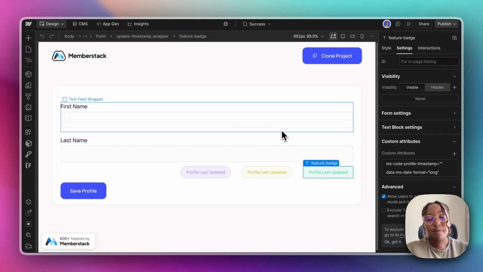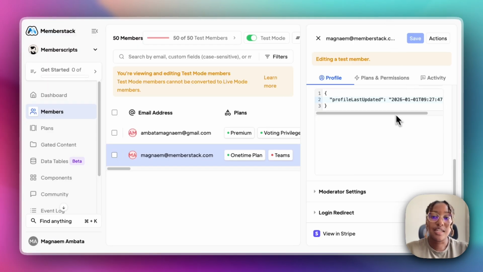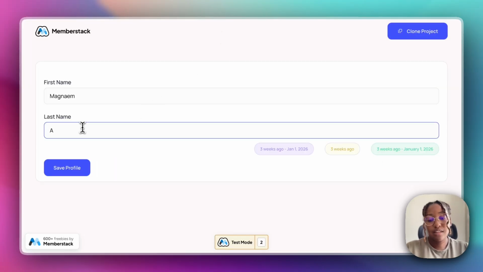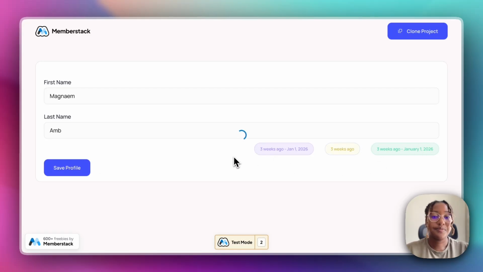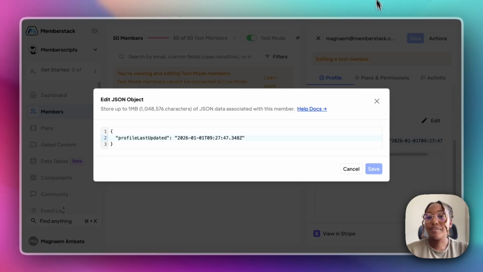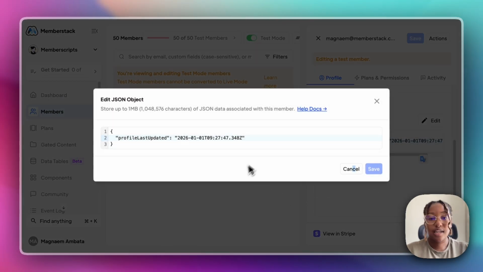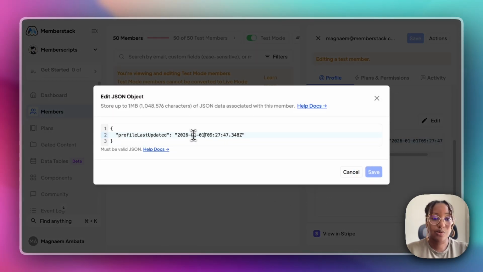When a user updates their profile, that information is saved in their member JSON. So if I just actually update my profile over here, and then if I refresh the page, you'll be able to see that that profile update timestamp says it was just updated now. If I go back inside of MemberStack, and then I change this date to, let's say,